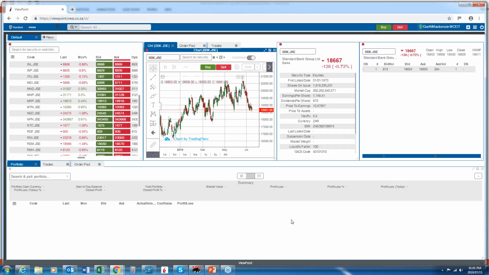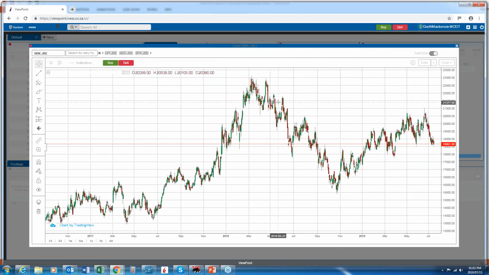slide and move back onto the ViewPoint platform now and show you. Now, obviously, this is your basic standard layout in terms of how your ViewPoint will look when you start and get going with it. What we're going to be focusing on today specifically is the charting section of it. So that's what you see there where I'm pointing that out now. And I'm going to expand that. You can see the little widening arrows indicated there where I'm dragging my mouse. That will basically allow you to expand a graph to broaden it. And then you can do your analysis in a bigger window pane, which makes it a lot easier to